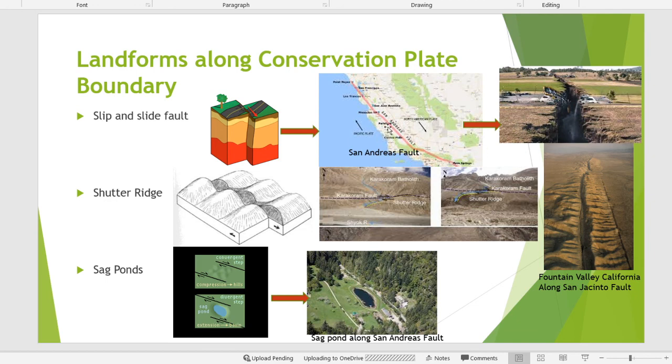Here we can see this is very much distinct with the help of such pictures. When such a thing happens in a mountainous area, it leads to the development of scattered ridges. There were ridges from the beginning, and after the slide we see that these ridges shift in some direction, and this leads to the scattered ridge development. And there are lots of examples in the Karakoram range. Then there is a landform called sag pond, and these are also developed along the transform fault lines, and there are lots of sag ponds along the San Andreas fault.